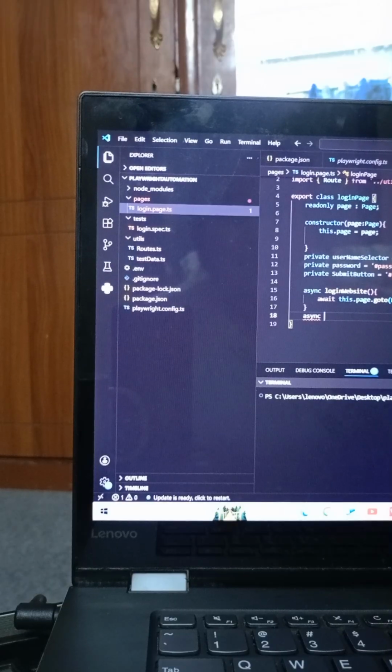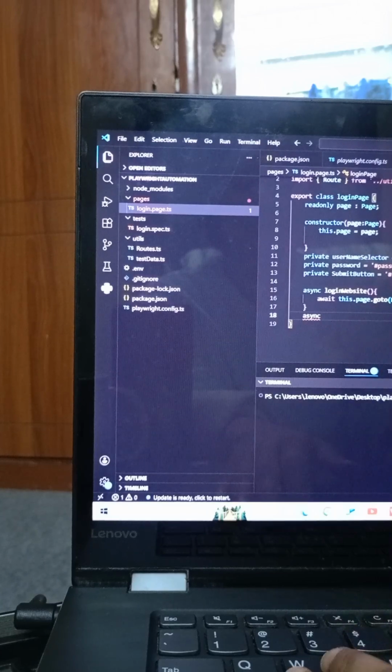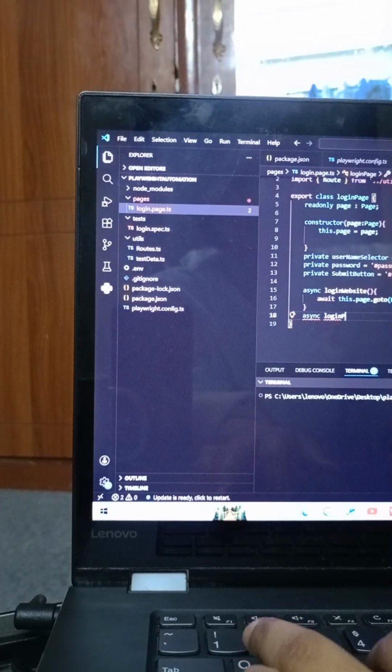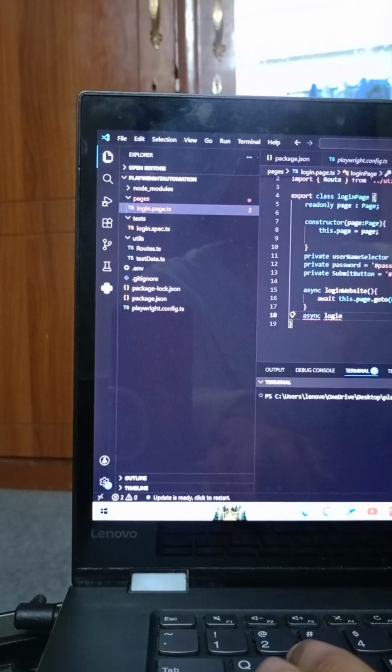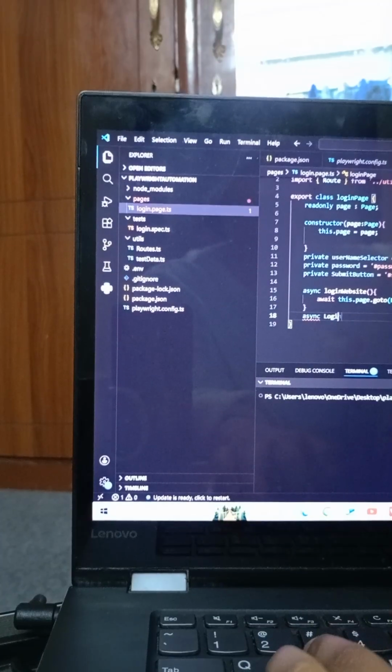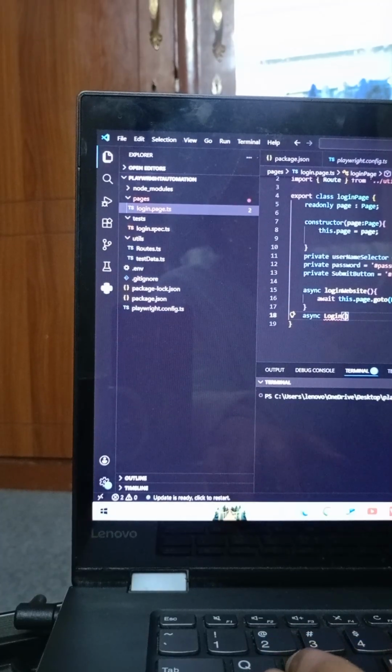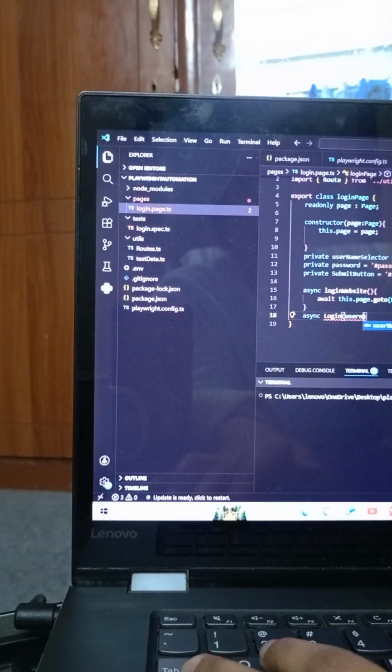To this method, I'm simply giving a login website to go to the page, and just go to the page first of all, and then I'm going to separate the login here, and then I'm going to write the username